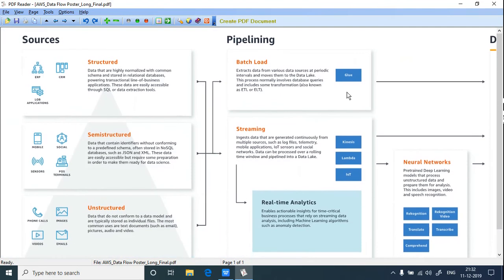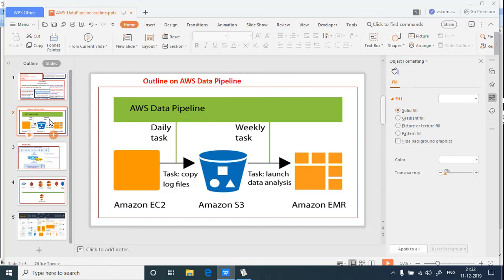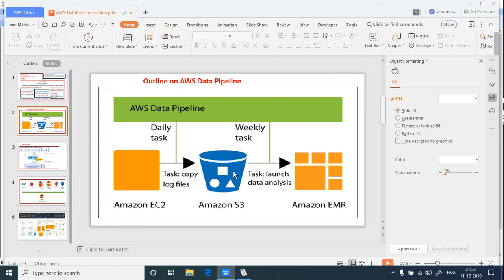So this way data pipelining has a set of activities. Those sets of activities can be pipelined one after another in a sequential order till it goes to the particular database, either Redshift or EMR tools or something. Then that activity is completed. If you see here, this particular chart shows the same way. And if you see the overall activities, the final target for the data pipeline is that it stores into S3. From S3, how they are going to use that data is left to that particular project decision, right? That's all I would like to give.